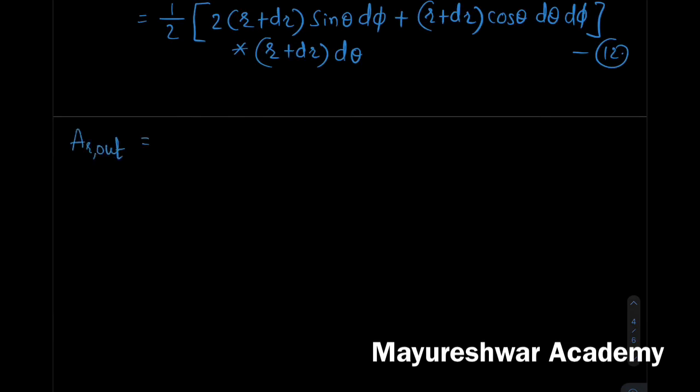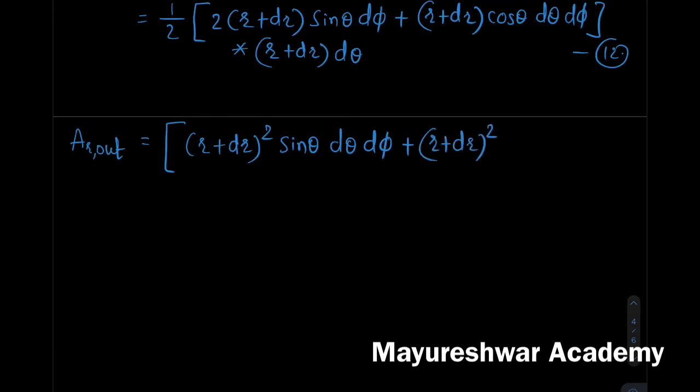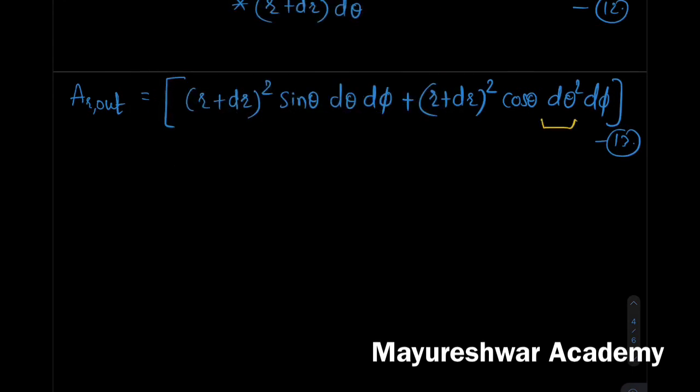So let us take this term inside, and we have (r + dr) squared into sine theta d phi, plus again this bracket squared into cos theta d theta squared d phi. Again, for the same reason as mentioned earlier, this term is ignorable because of insignificant contribution, so we are making it 0. So let us write down the terms which we are left with and try to expand this.